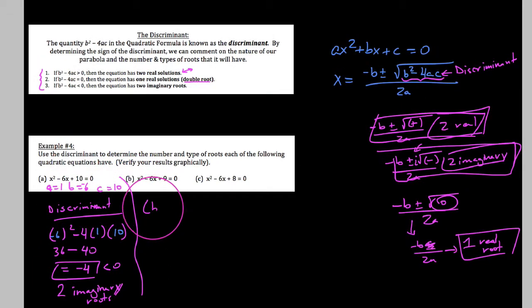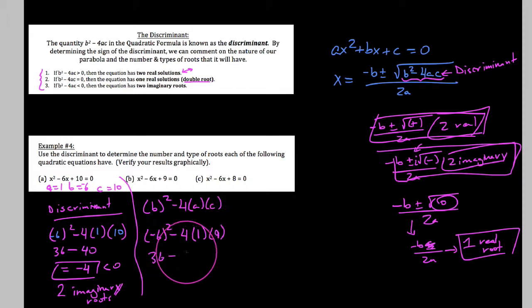Yeah, you know what, let's do b squared minus 4 times a times c. In this case, we get b as negative 6 squared minus 4 times a, which is still 1, and our c value is 9. You can see that in this case, we get 36 minus 36, which is 0. In other words, we're going to be taking the square root of 0, so we get one real